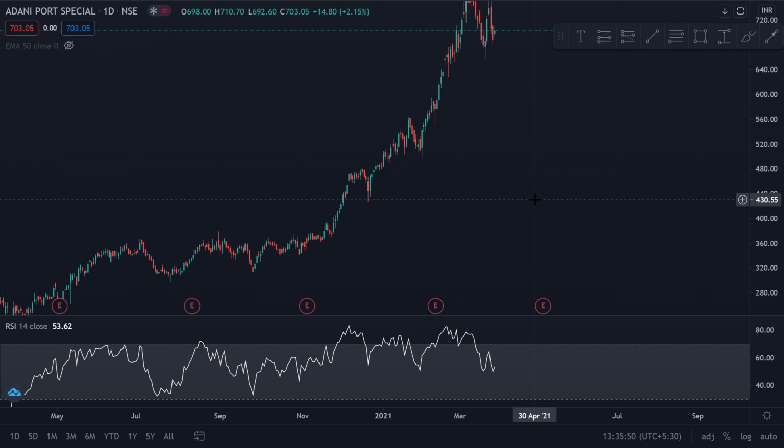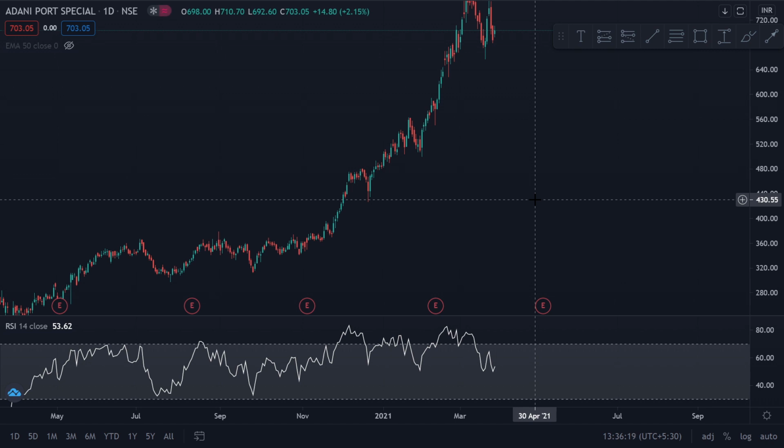So in the last episode we discussed in what scenarios we use the RSI, where we take the buy and sell signals in an RSI, and how to incorporate them in your trading strategy along with the price action part of it, right? So today let me demonstrate why incorporating this with price action is so important and why you can't use indicators alone in the markets.